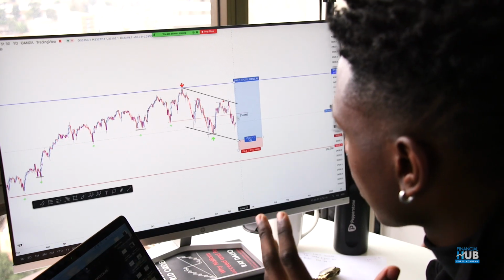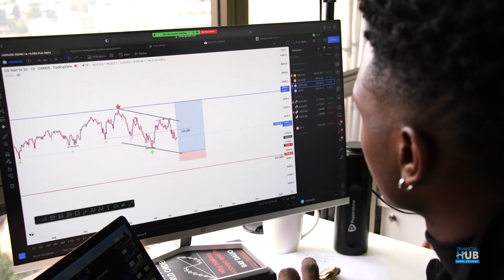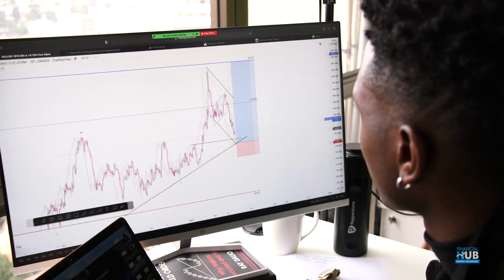I want to see if market can get that push at least to this level before we move up. Okay, so that's what I'm watching on this one. And last but not least, gold daily chart. This one, same, almost like the